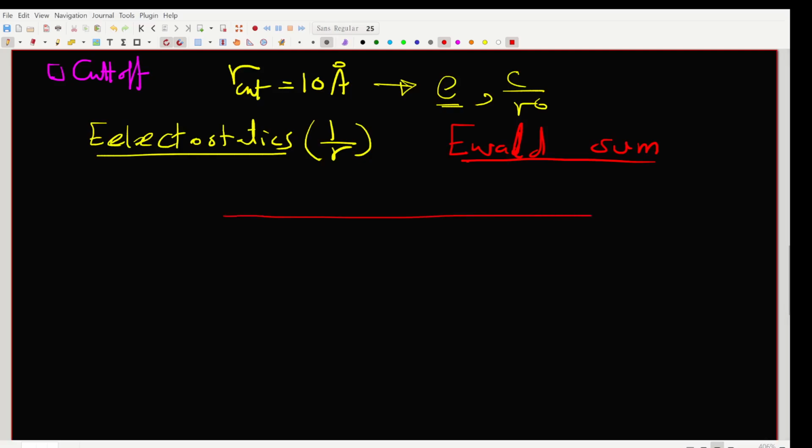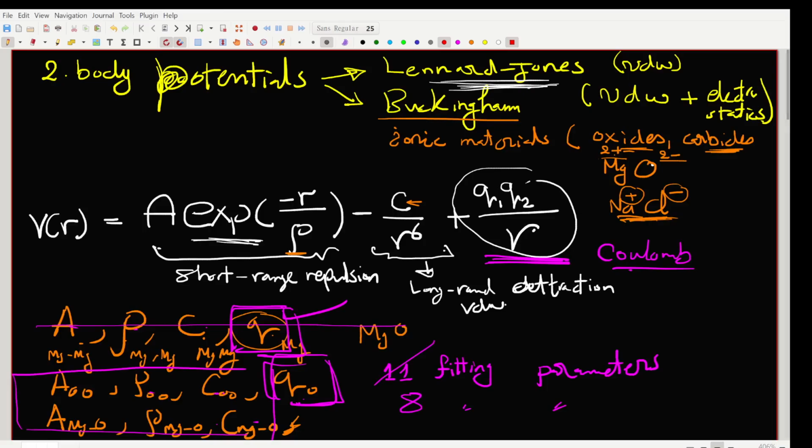Starting, let's put the R line here. Starting from 0 to, let's say, 10 angstrom, we usually calculate the electrostatic interaction in real space. In real space, that simply means using the formula in the previous page. If we go back, it's the 1 over R term, Q1 Q2 over R. Of course, there is epsilon naught and everything. We are just using some sort of simplified units here. There is still the dielectric permittivity of vacuum if you apply SI units,